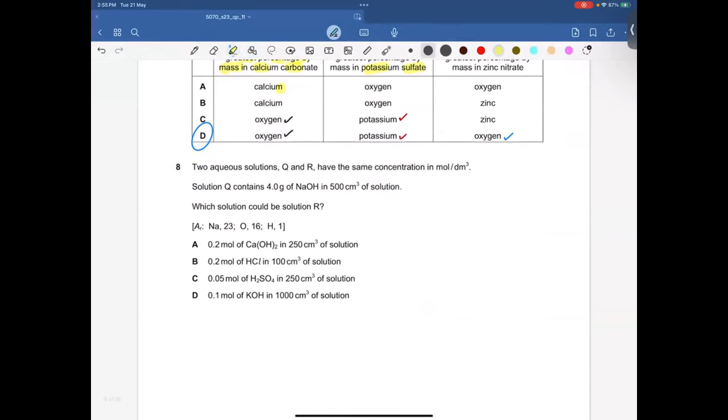Anyhow, question number 2. Two aqueous solutions Q and R have the same concentration in mole per dm³. So they will have the same concentration. All right. Solution Q contains 4 gram of NaOH in 500 cm³ of solution. Which solution could be solution R? Okay. So I have a mass of sodium hydroxide, so I can find the moles of NaOH. So 4 divided by 40